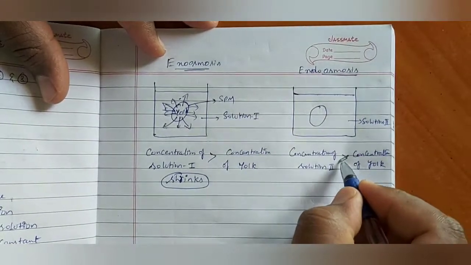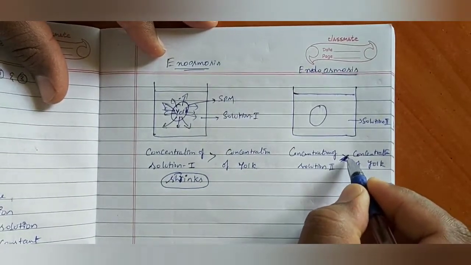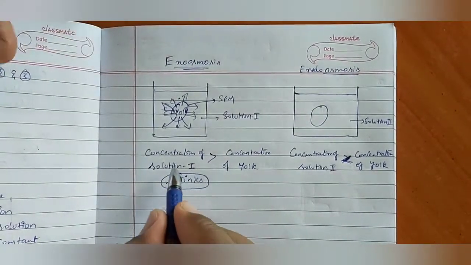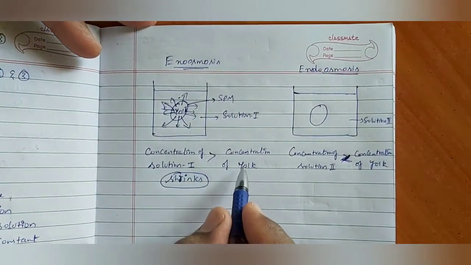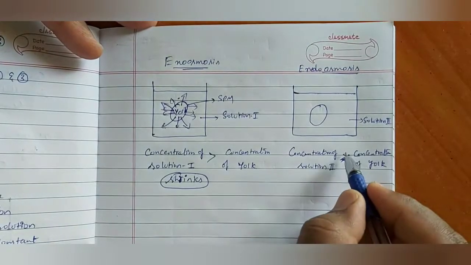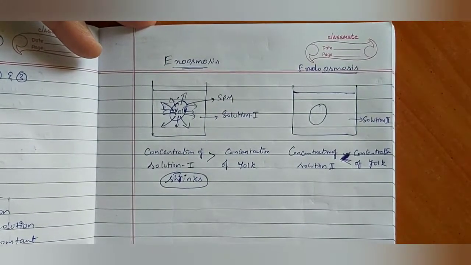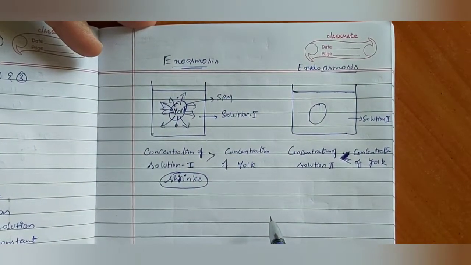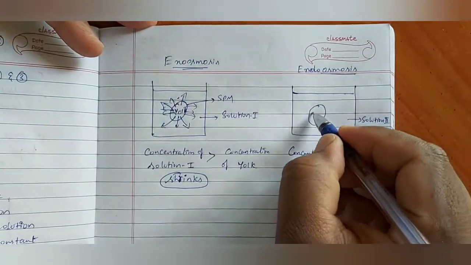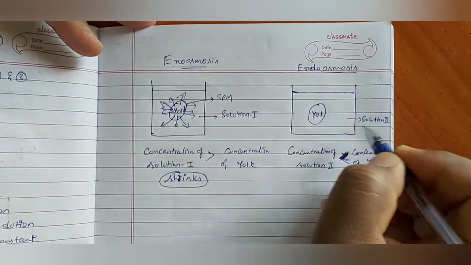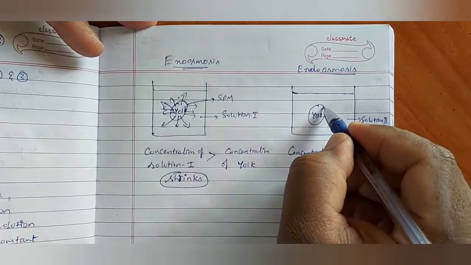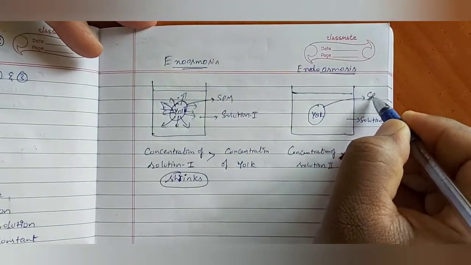Already previously we have taken concentration of solution 1 is greater than concentration of egg yolk. Now I am going to take concentration of solution 2 is less than concentration of egg yolk. This is egg yolk and outside solution 2 is there, and this membrane is acting like a semi-permeable membrane,